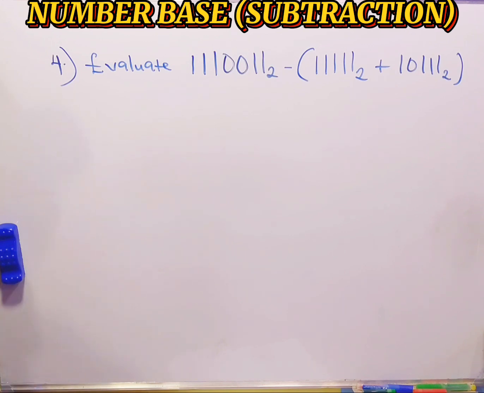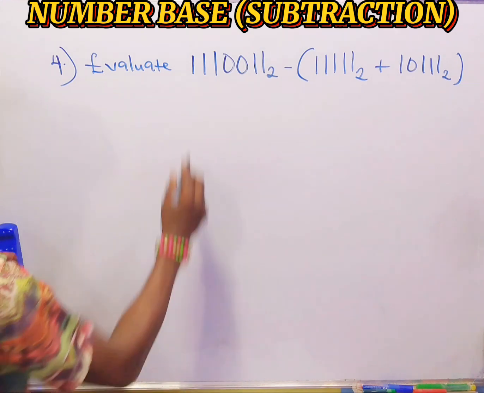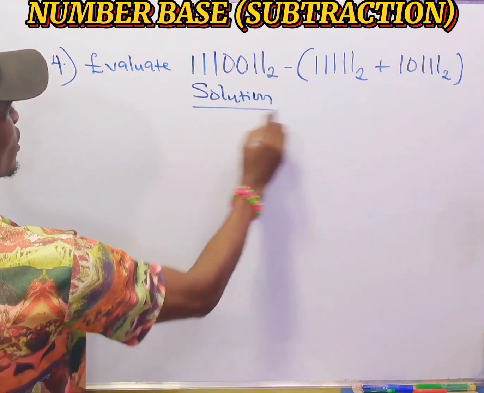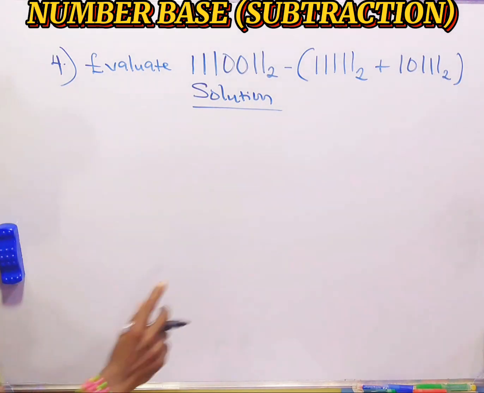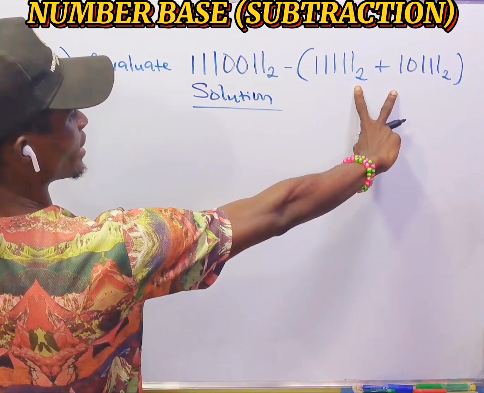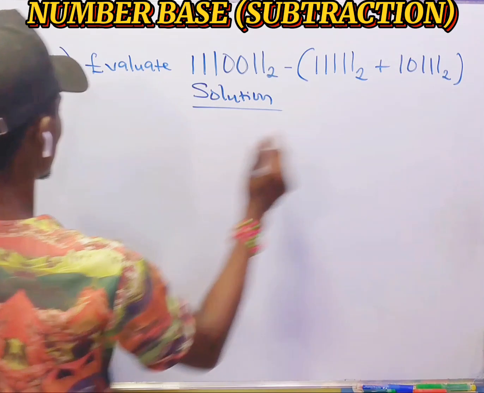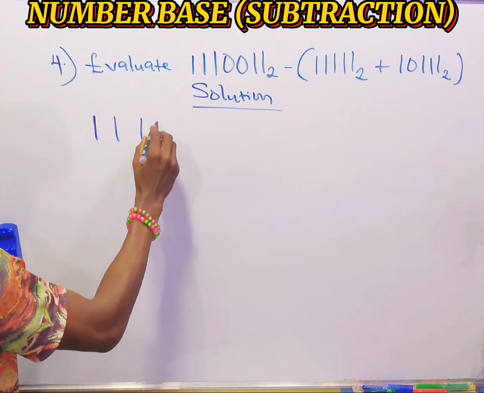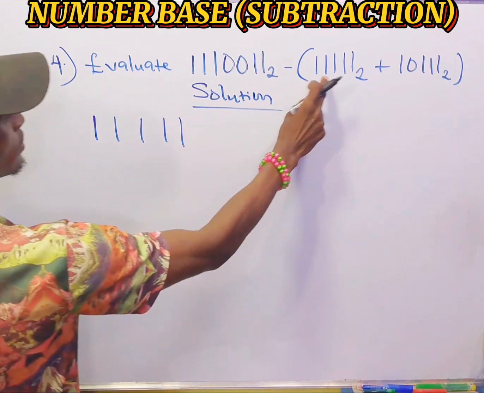Evaluate 1110011 base 2 minus the bracket of 11111 base 2 plus 10111 base 2. So here we take it in 2 steps. The first step is to simplify the bracket, which means we add this to this, which is 11111